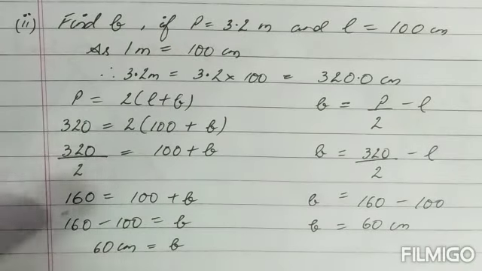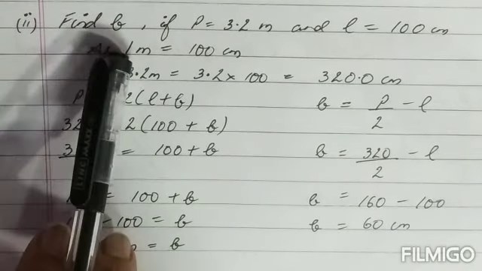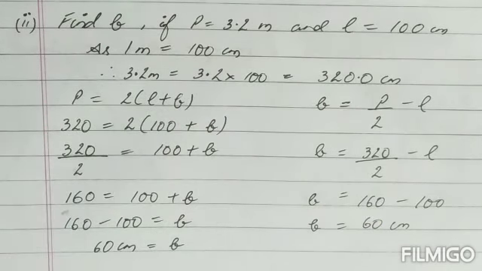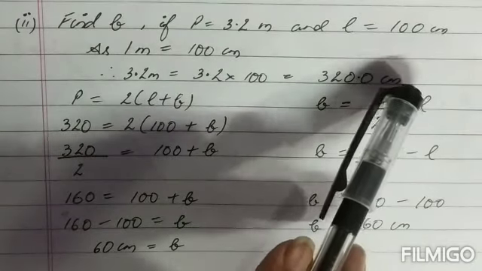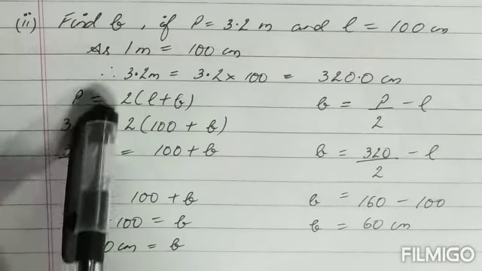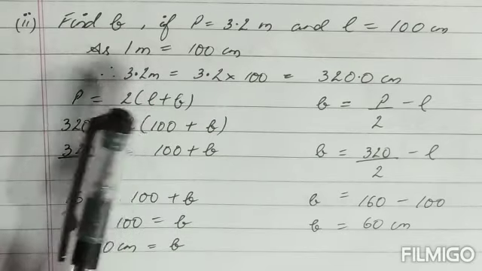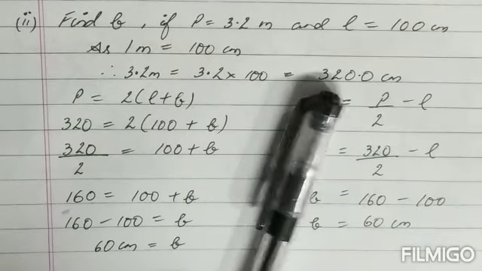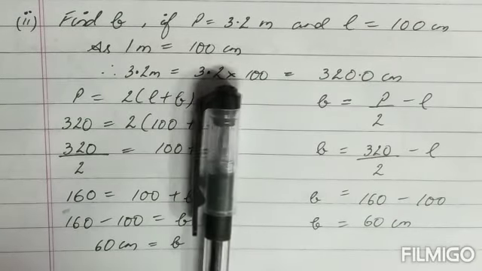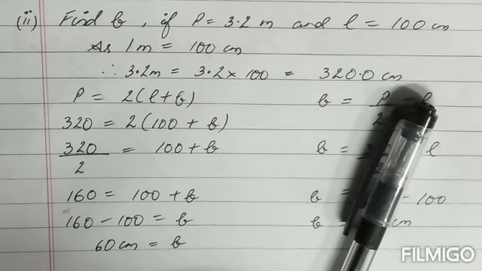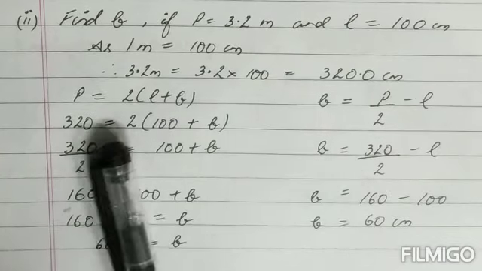I have taken the second part of the same question, children. Find breadth if perimeter and the length have been given. Now over here I have taken this question, children, because if you see, perimeter is given in meters and the length is given in centimeters. Now what will you do? You will have to convert them and bring them into the same units. Again, 1 meter is equal to 100 centimeters. Therefore 3.2 meters means 3.2 into 100. Now when you multiply, it becomes 3200. But after one place there is a decimal, so put a decimal after one place from here, so it becomes 320 centimeters.